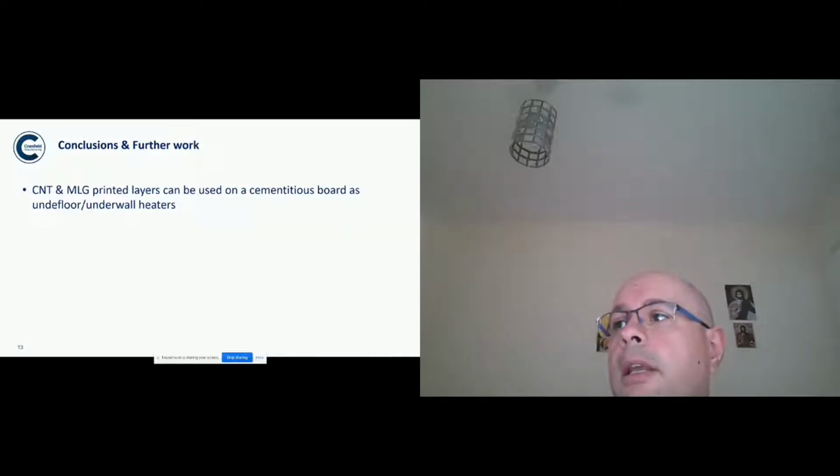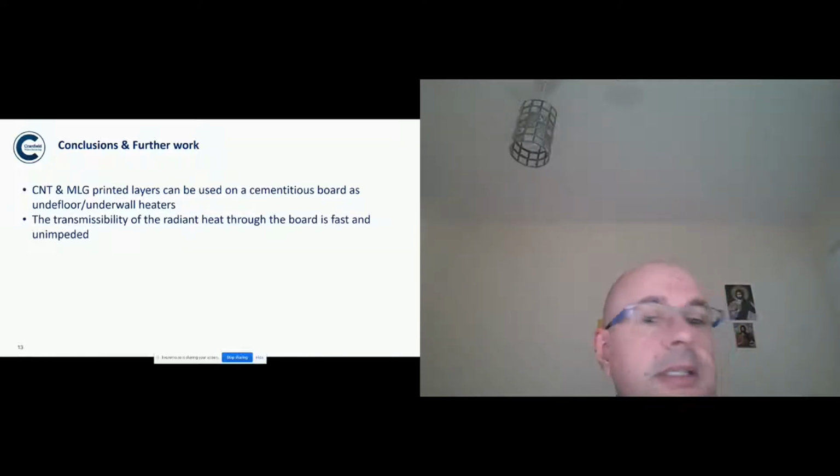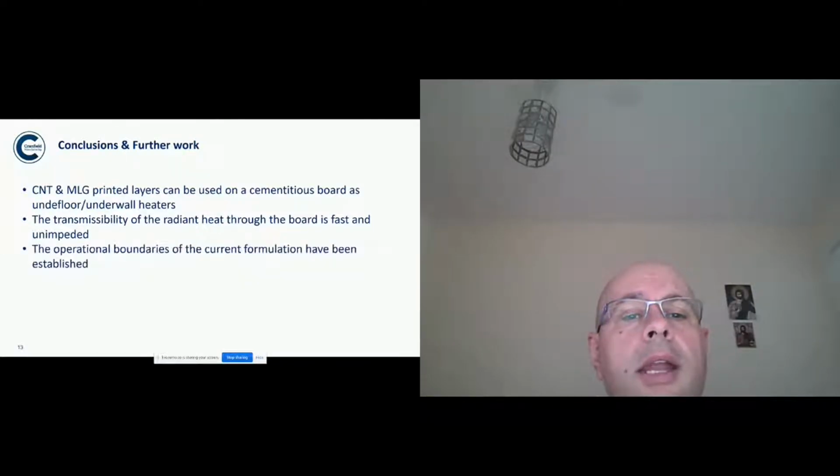And certainly internal spaces like bathrooms, office environments, and it can be used as underfloor heating in housing stock, as well as retrofitting because of its very, very slim nature. The transmissibility of the radiant heat through the board is fast and unimpeded, so there aren't any significant reflective impediments in the material of the board. And the operational boundaries of the current formulation have been established,